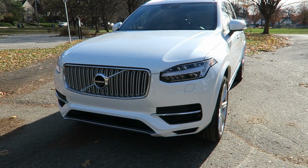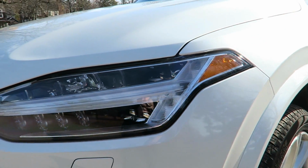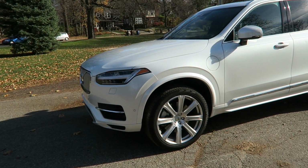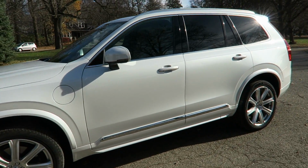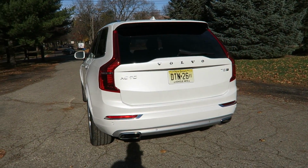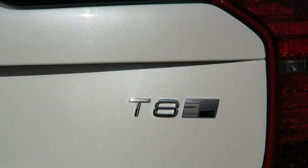Let's do a walk around the car real quick. I love the way the front of this looks. More specifically, these T-shaped headlights. There was actually some controversy over them, but now they are in fact legal and they look really cool. I'm not as big of a fan of the rear, but as you can see, this is a T8 all-wheel